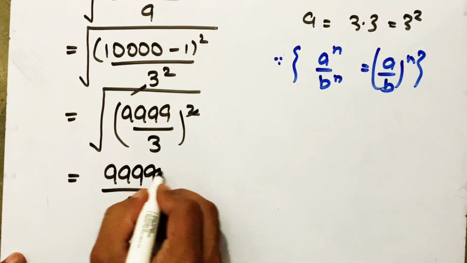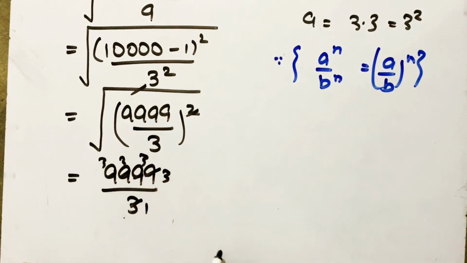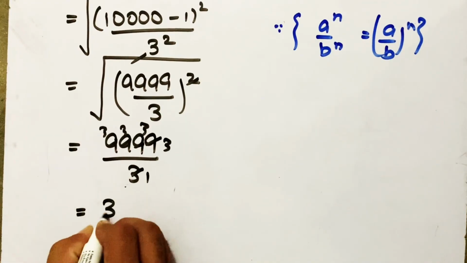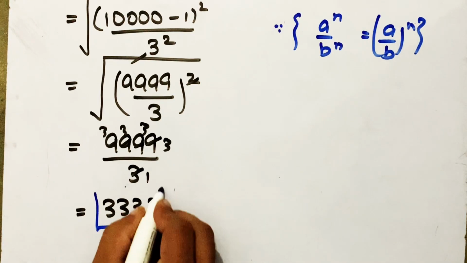3 ones are 3, 3 threes are 9, 3 threes are 9, 3 threes are 9, 3 threes are 9. So our answer is 3, 3, 3, 3. We got the final answer here: